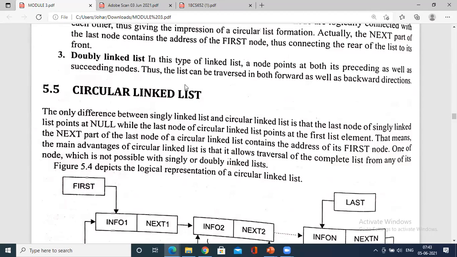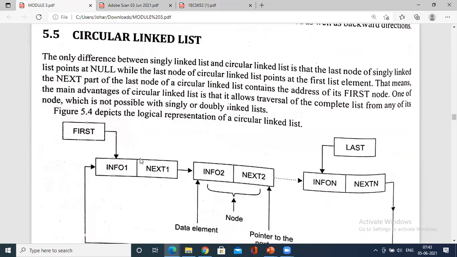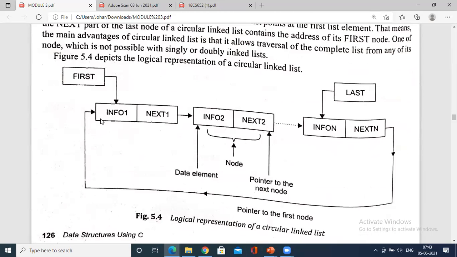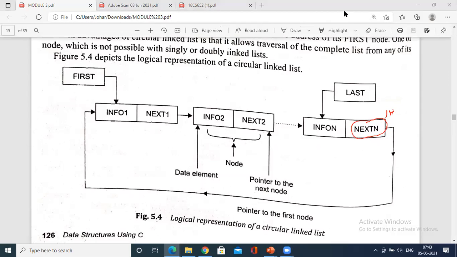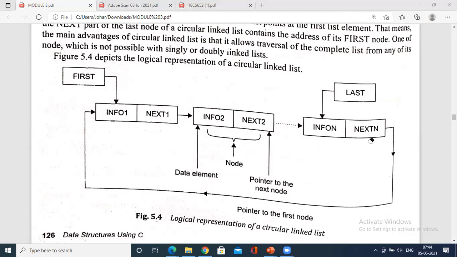Now you have a circular list. As I explained on the PPT, you have a first node. This is called the head. There is a connectivity between the last node and the first node. That is, this holds the address of the first node. Address of the first node means it is to be connected to the first node. That's it, right? So it is connected. Insertion and deletion, that is a secondary part. Clear? So now let me go.